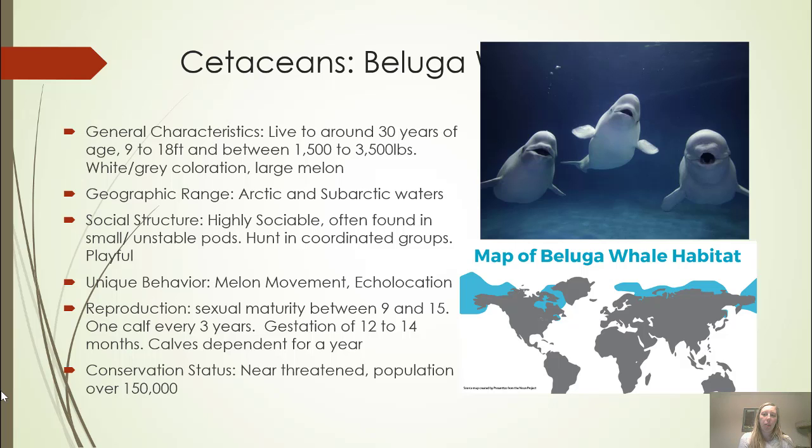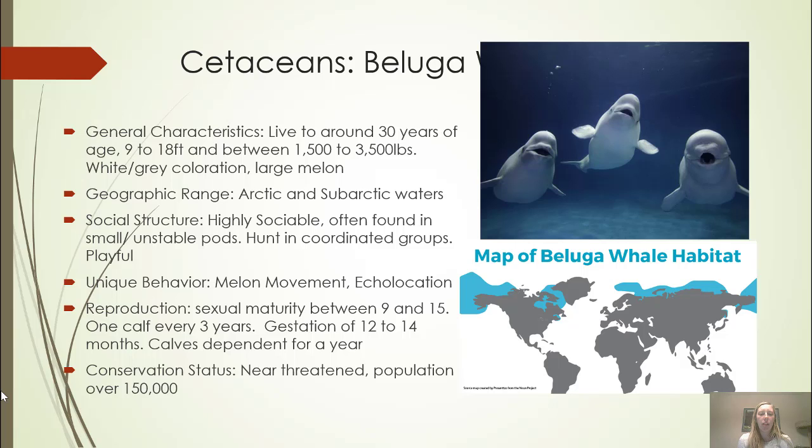I was talking a little bit about the melon on the previous slide. So belugas have this very enlarged melon on top of their head, which is those fat deposits. But they are the only toothed whale, actually, that can control the muscles underneath the melon quite well. So it allows that movement to be seen really on their skin. You can see the melon moving around as they want it to be moved, which is kind of weird when you initially watch them, but I think it's really cool.